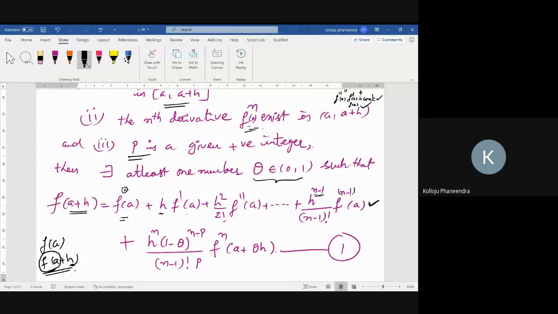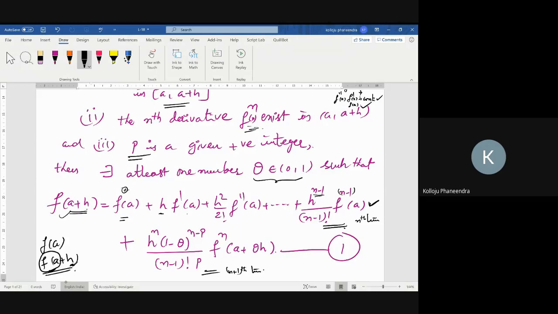Up to here this is the nth term. This term is the nth term. And this term is what? The n plus 1th term. And how to remember? First write f of a. Next, plus h into f dash a, plus h square by factorial 2 f double dash a, and obviously